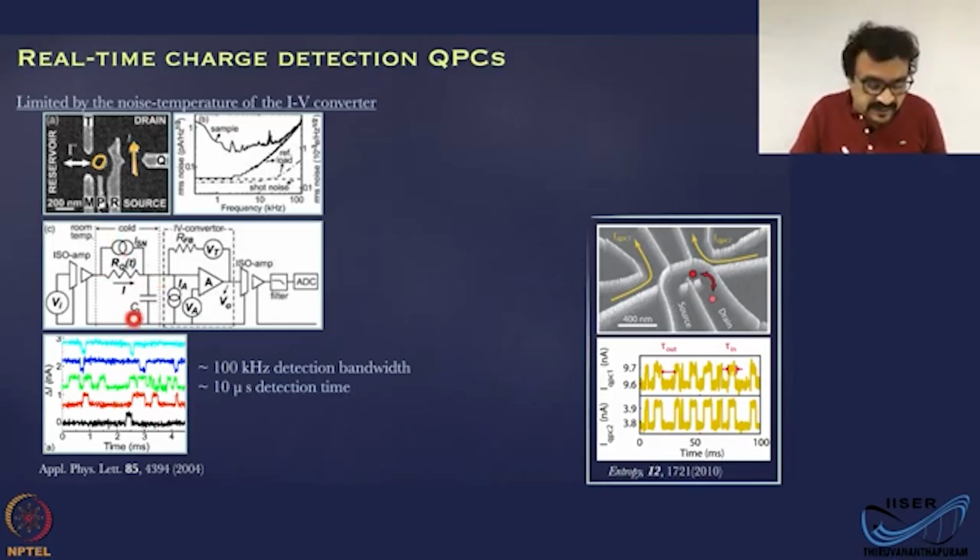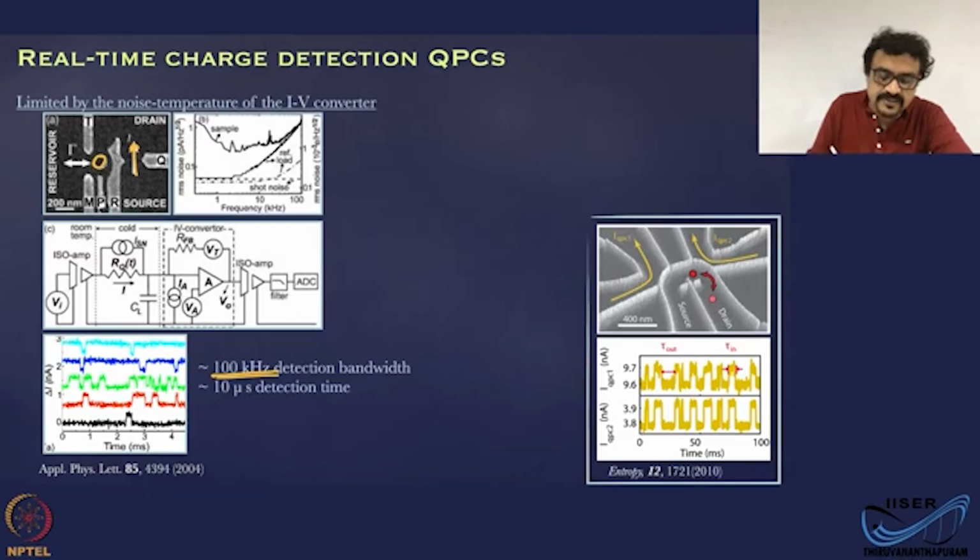It's probably in the few millikelvin range, whereas this is at room temperature. Eventually, the detection bandwidth is limited by the noise of the IV converter, and in this specific case, it is limited to about 100 kilohertz, which corresponds to about 10 microseconds in detection time. Okay,